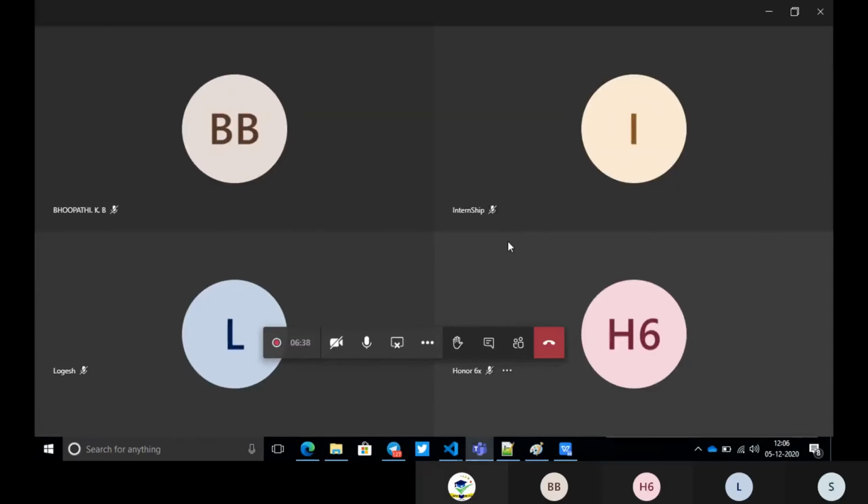Are you guys with me? Yes, sir. Okay. So with this, your ngModel problem also gets solved. Whenever you have created a new project, don't worry, just add these two things.